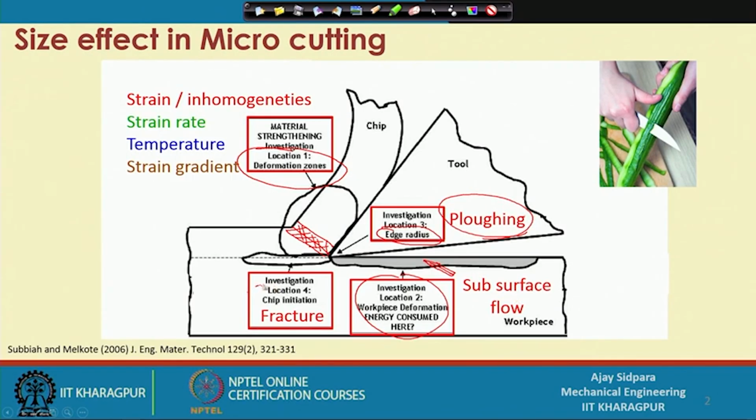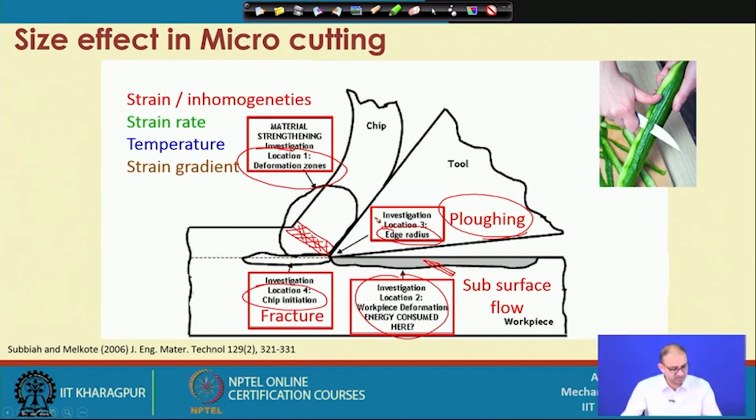And the last one was location 4, that is the chip initiation region. So, when the sharp tool or the blunt tool interacts with the material, it may create some type of chip initiation, because when it interacts at this particular location, deformation may get started from some location, and then it will propagate to facilitate removal of the chip from the workpiece. So, these are some of the things which we discussed in the last class,